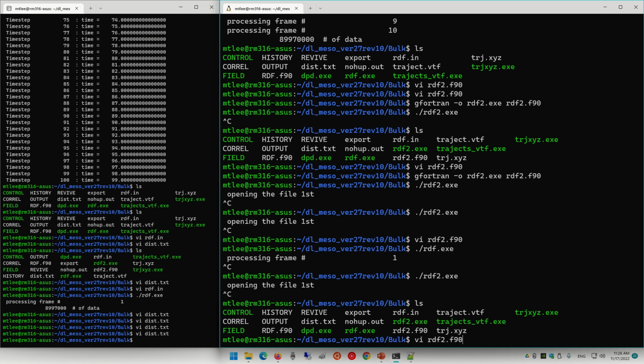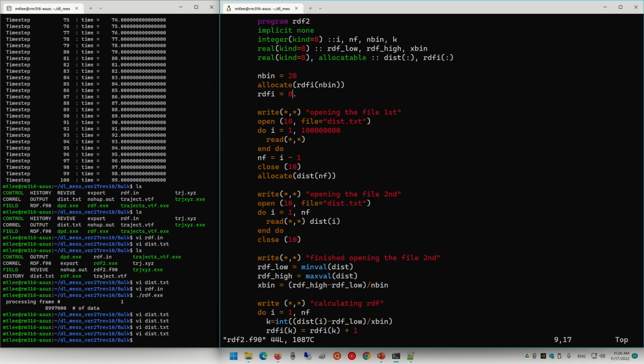RDF2 type 90. Okay, so RDF2, open the file, open 10. Okay, from here, right, and do. Okay, NF. So I allocate.